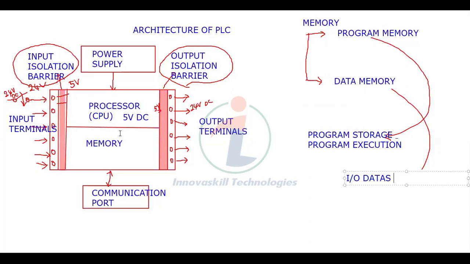So the communication between, for example, we have a system or PC or your laptop. From that, you are doing the program, that communication of that laptop with the PLC will be carried out through this communication port with the help of this processor only. And all the input and output status and the problem which is raised with the input and output, everything will be taken care of by this processor CPU only.